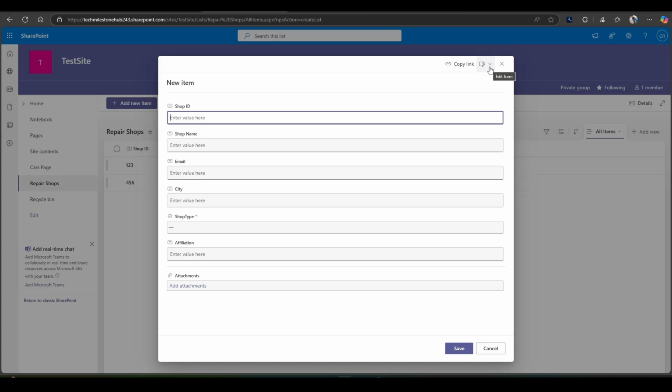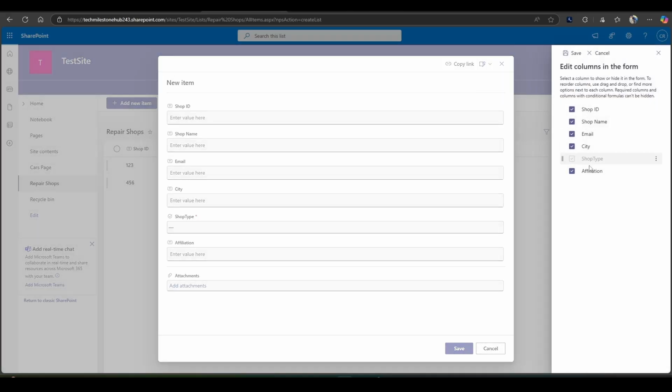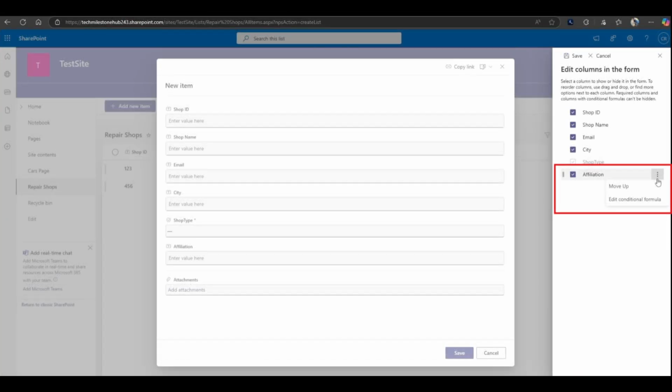In the modal form that opens, you'll find an icon in the top right corner labeled Edit Form. Go ahead and click on that, and a drop-down menu will appear. From the drop-down, select the option called Edit Columns. This will open a right pane where you can see the affiliation column along with other available columns, each with